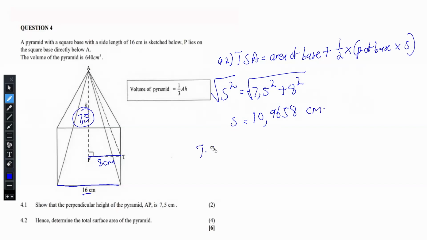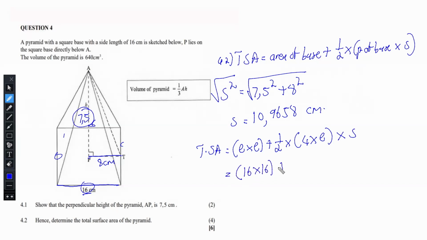Now to calculate the total surface area, the base is a square, so that would be length multiplied by length plus half the perimeter of the base. Obviously it's 16, 16, 16, 16, so that would give us 4 multiplied by the length, and then times the slant height. So we have 16 by 16 plus half of 4 times 16 and then multiply by the slant height of